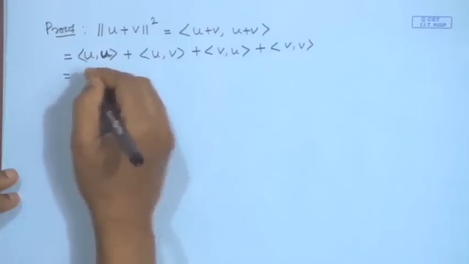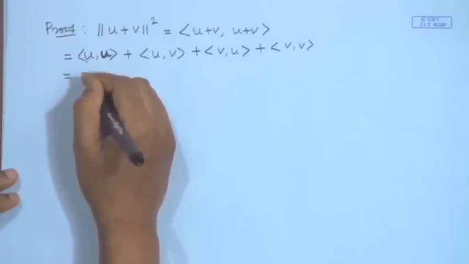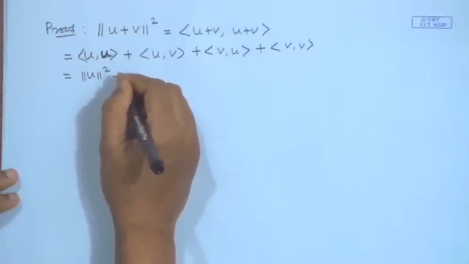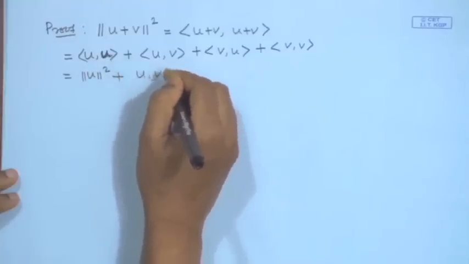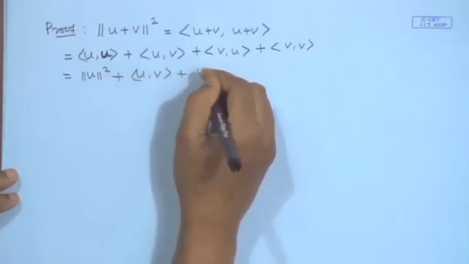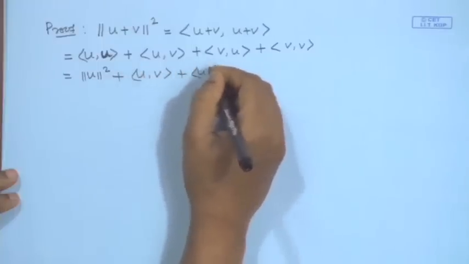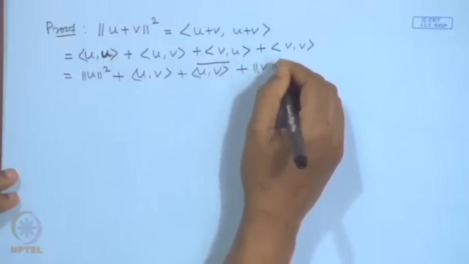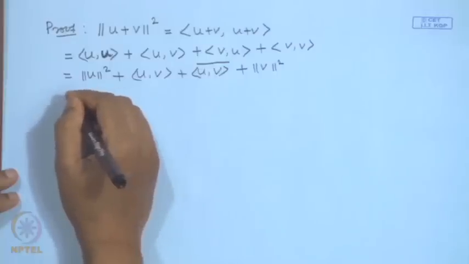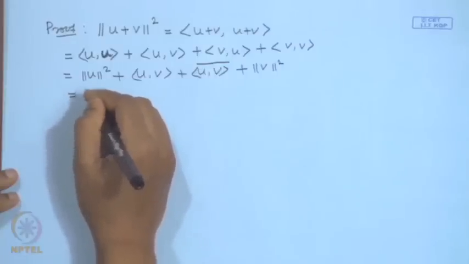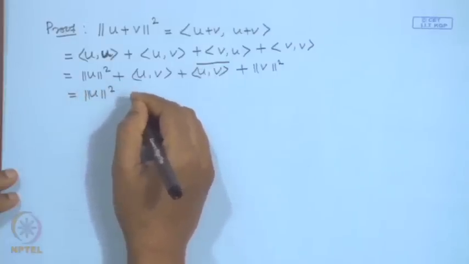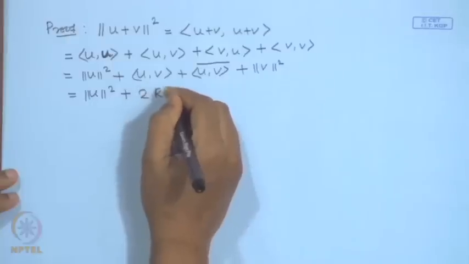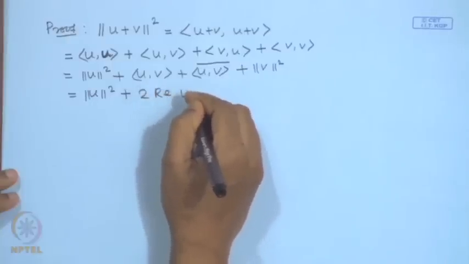This can be written as the square of norm u plus the inner product of u, v plus the inner product of u, v its complex conjugate plus norm v square, and this is the same as the square of norm of u plus 2 times the real part of